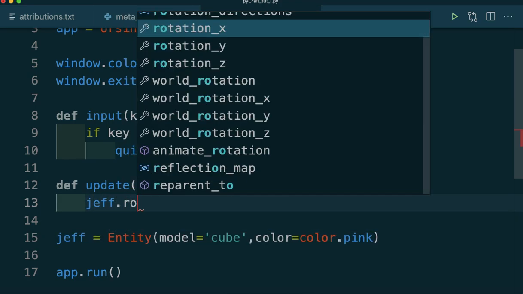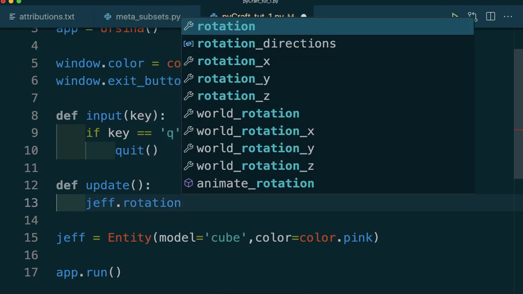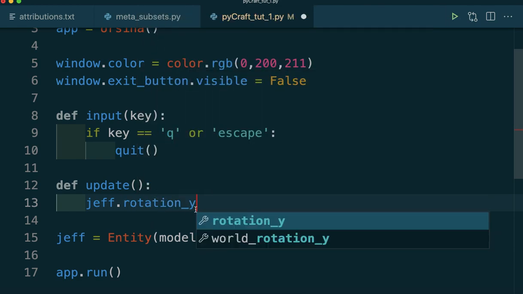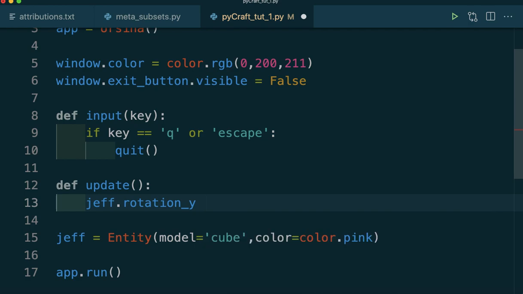So I can say his rotation underscore y, that's the Ursina convention for getting the y rotation axis. And I can just say plus equals, let's just say 0.1, and then on every update cycle,